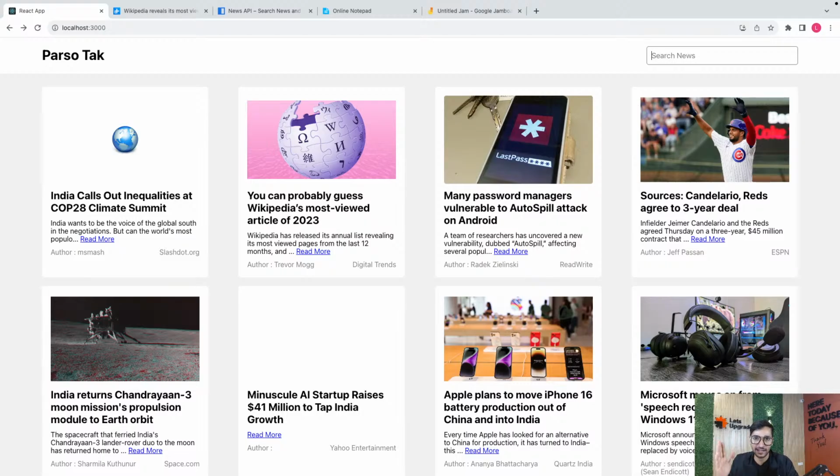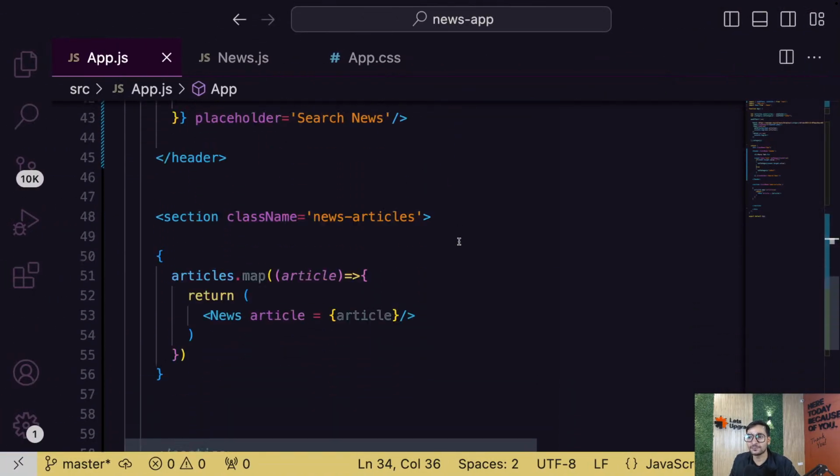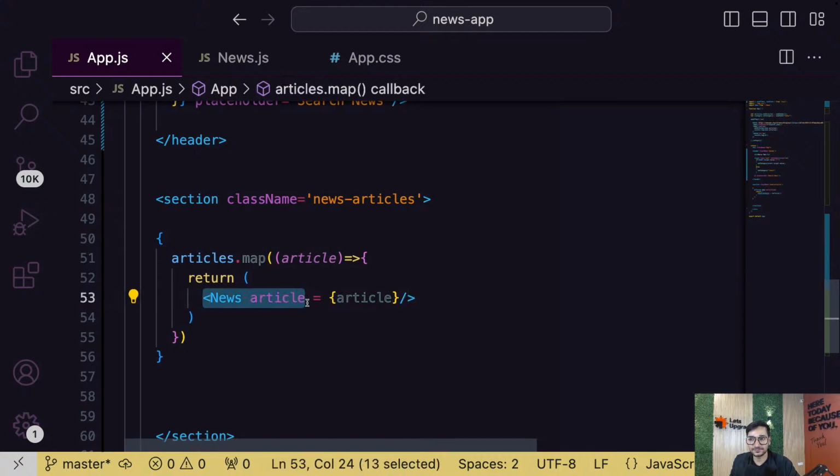See guys, simple idea. Whenever you type something and if it is not the correct text, the News API is not returning anything. And since the news article is not returning anything, you're getting a blank array. And because you're getting a blank array, guys, there's nothing to display. And that's why now what you're going to be doing is you'll be checking before displaying the news.